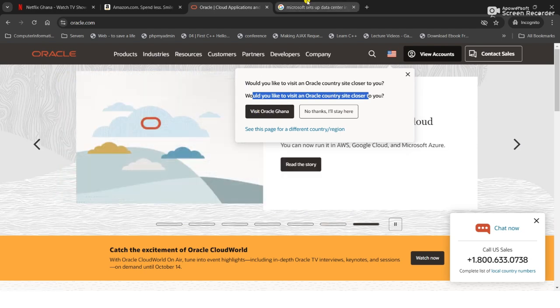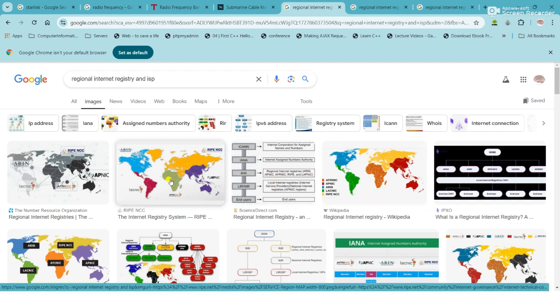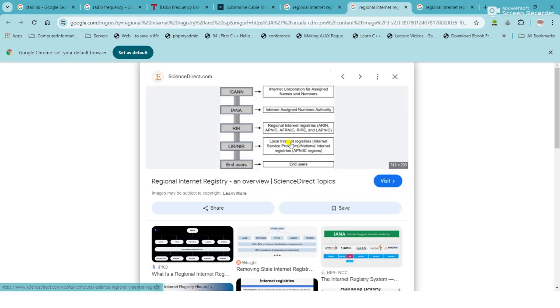And then we explained that there are bodies in place, and these bodies are the ones going to say to every internet service provider that this internet service provider is coming from Ghana, because he gave us details, or we gave him some number of IP addresses and we were able to tag him or group him as a Ghana internet service provider. So once it does that, you're able to know that, hey, this is coming from Ghana. Because of the IP address, these guys here are administered to the internet service provider here.